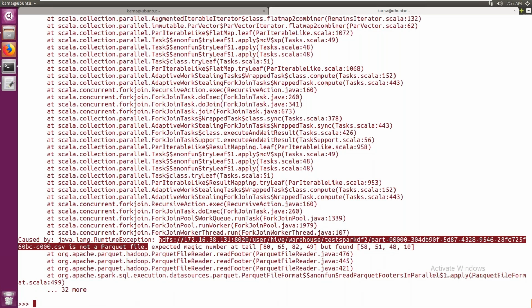While reading and writing, make a note of this point, guys. When creating Spark data frames, if you do not mention the file format, by default it will try to read Parquet files. It will try to write as Parquet files. Remember this point. By default, I'm telling you, we can change the format according to our requirements, but by default it is Parquet.